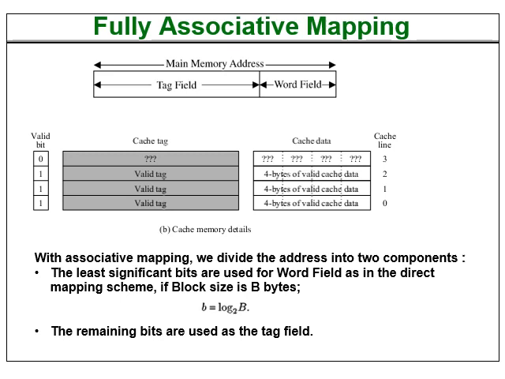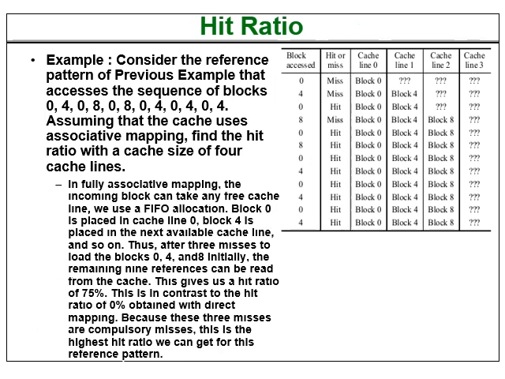So this is the fully associative mapping. We have the valid bit, we have the cache tag, and the cache data. Remember this and this. These are the same two examples that we talked about in case of direct mapping. But now what we have done is, we have used fully associative mapping over here. In case of direct mapping, when we considered this particular sequence of main memory accesses, we had a 0% hit ratio. But you can see in this case, when we are using fully associative mapping, I am getting a 75% hit ratio. So in this case, we see that the hit ratio increases from 0% to 75%.